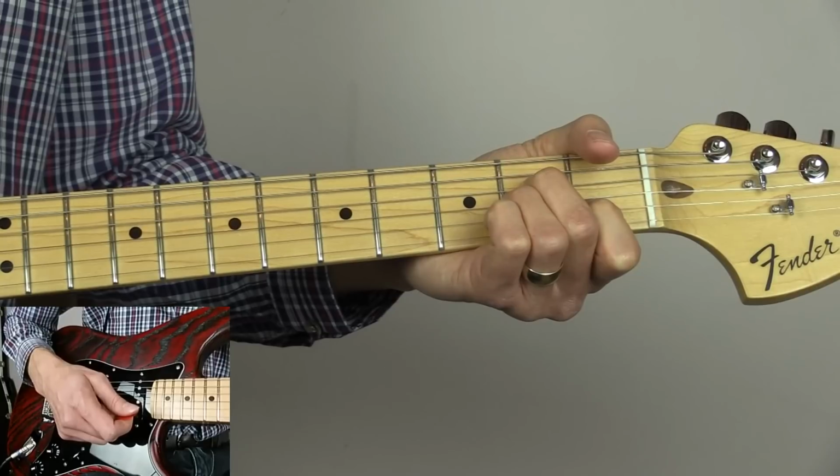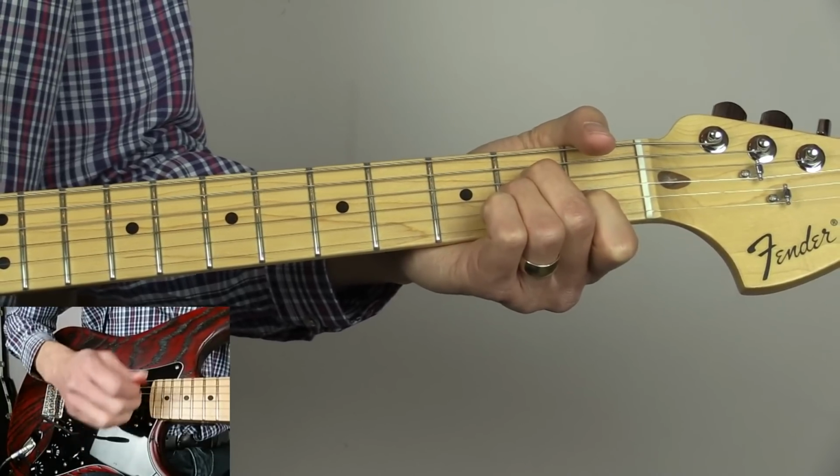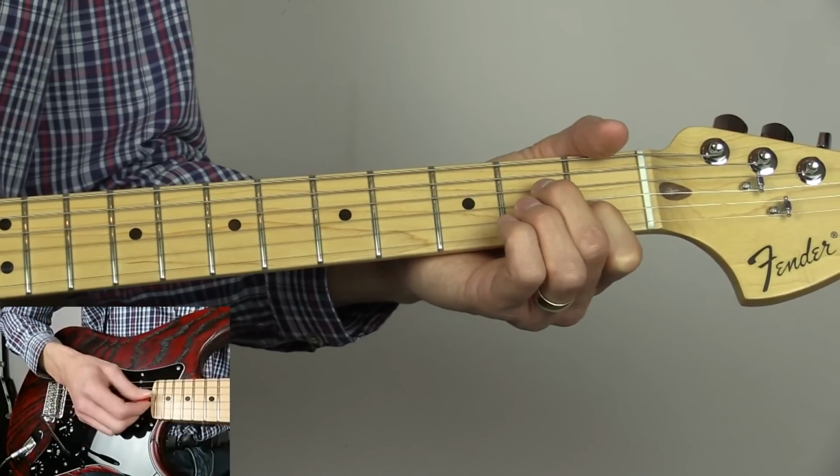Depress the bar in and then release it. And then add a little bit of vibrato afterwards. So that will give you